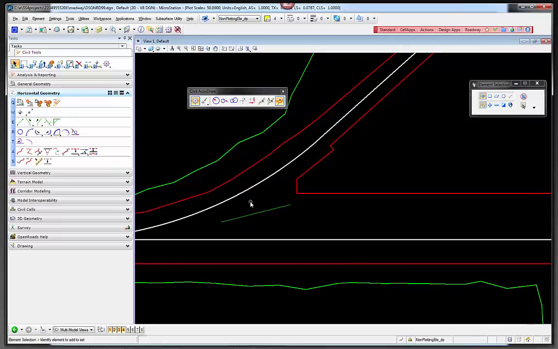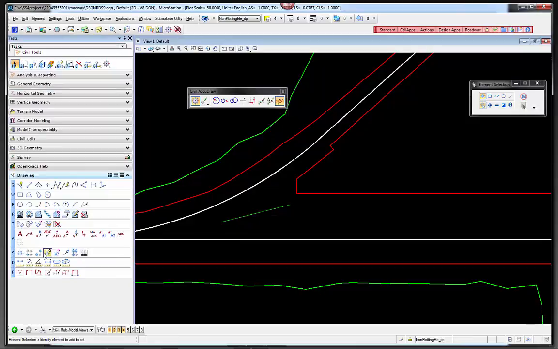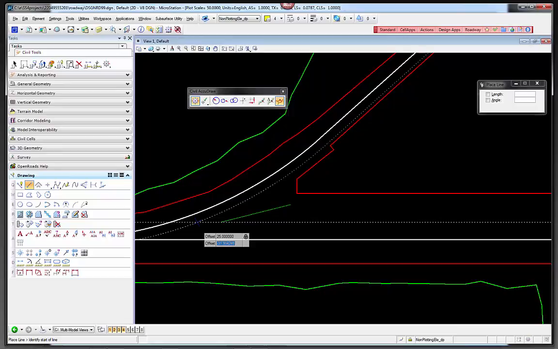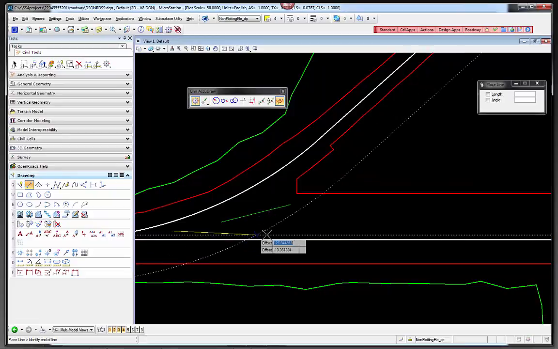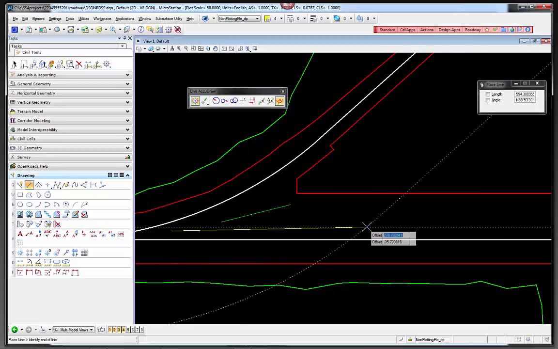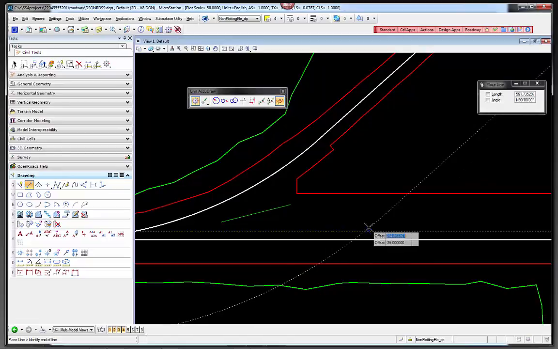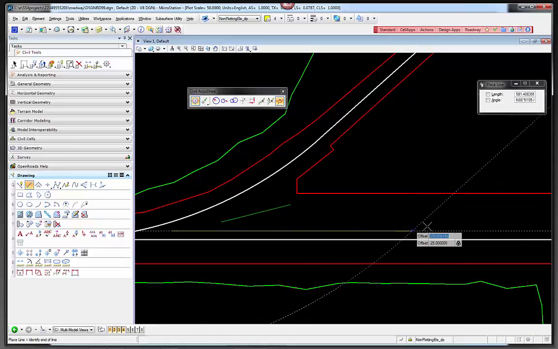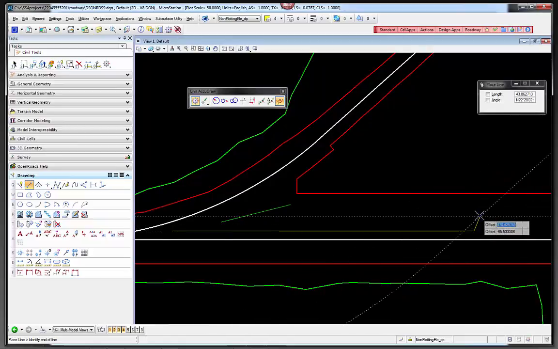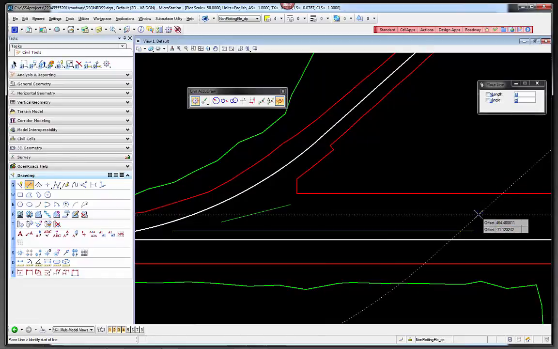Now this works also with just normal MicroStation elements. If I come out here and I want to create a line, let's say 25 and 25. I can draw a MicroStation line that way too. And let's say I want to set this second. I don't want to lock the first offset, but I want to lock the second offset. I can do that. And now I'm just following along here. And when I